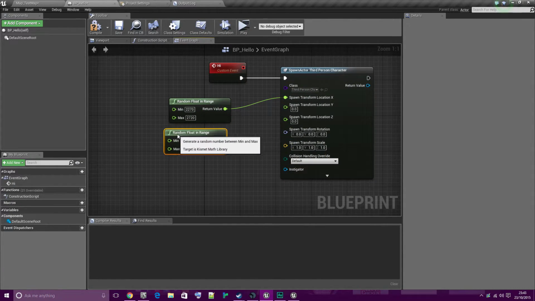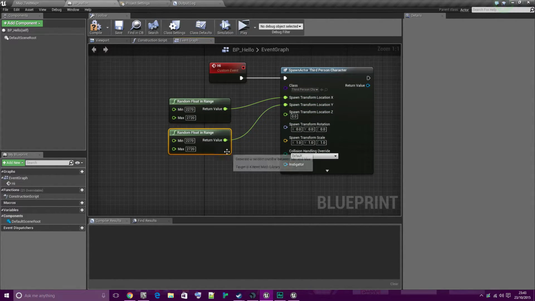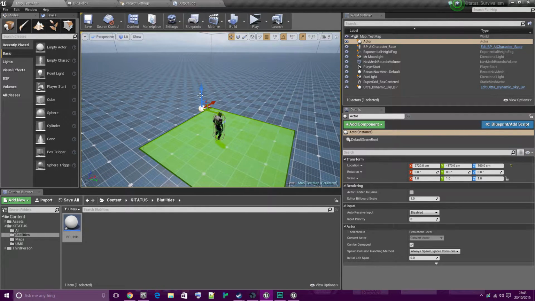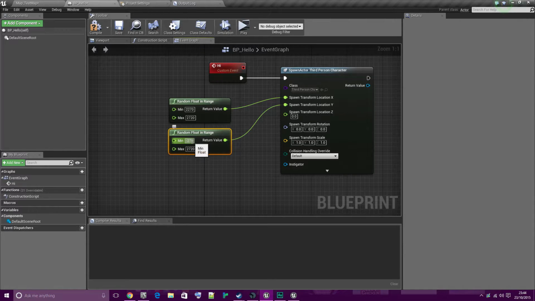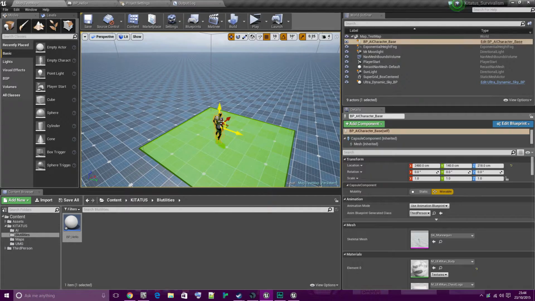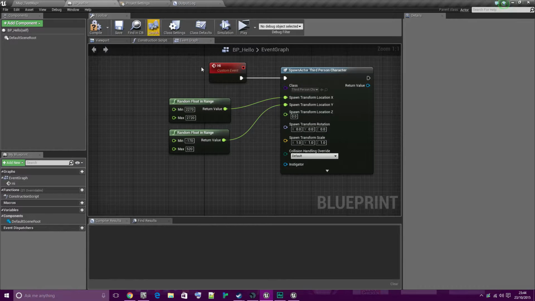That's fine. And the Y, let's say, what's the current Y? Let's go back a bit. Minus 170 and 520. So let's go minus 170 and then 520, and Z should be, let's make it 230,